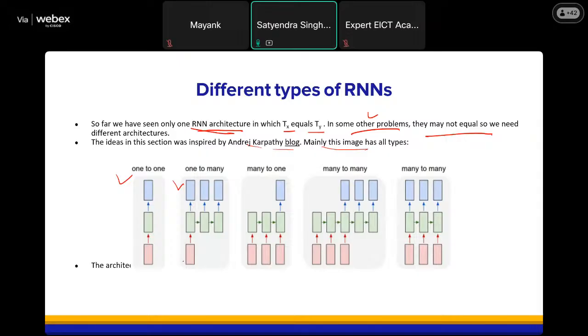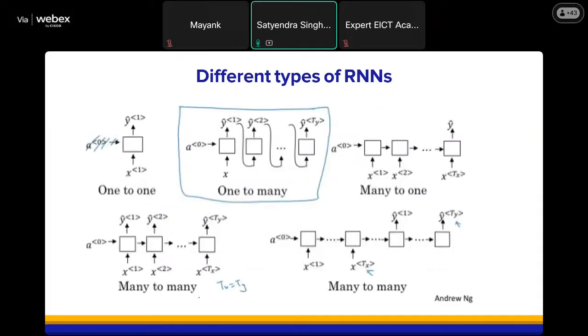Specifically in this case, a particular problem that you can think of for one to many is, let's say, music generation. You have a single input and you want to generate a sequence, right? In that case, how will the architecture look? So in one to many, in the first RNN unit, you give the input X, which takes the initial zero vector and generates one output. However, for the subsequent RNN units, you take the output of the first RNN unit as an input to the other RNN unit,